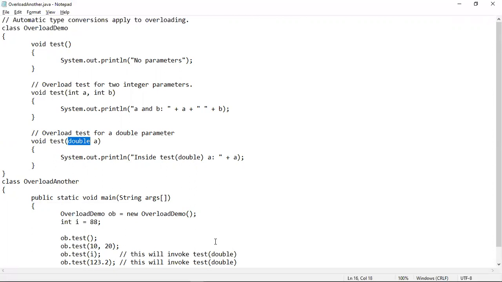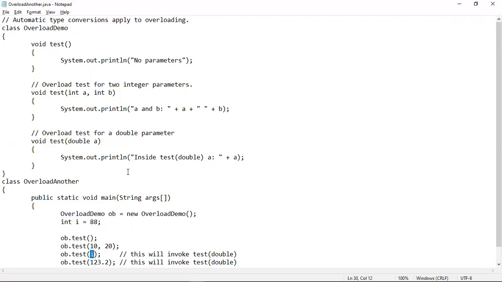As we know, for automatic type conversion to take place, two rules should be satisfied. The two types must be compatible. Here we can see that both are numeric types. This is double and this is integer. Both are numeric types, so the two types are compatible. The first condition is satisfied. And the second rule says that the destination type should be larger than the source type. Here the destination type is double and the source type is integer. That means destination is greater than source. So both the conditions are met. That's why the automatic type conversion is taking place, and that's why the compiler will not give you any error.